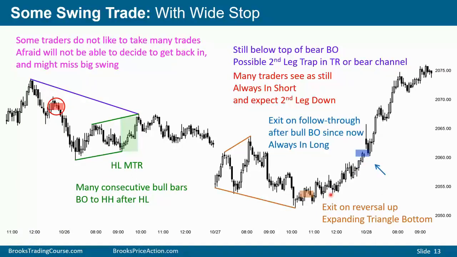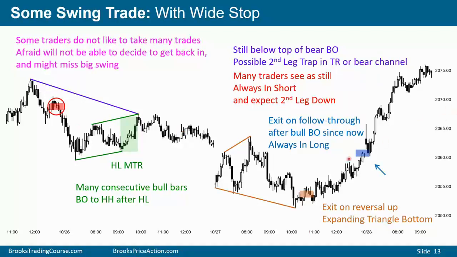If he did not get out here, he would wait for a strong breakout and then conclude that the bulls have taken control. And here we have a couple pretty good bull bars. It's also the end of the day, but a lot of the traders who bought up here are concluding now that we have an expanding triangle, we have a nested wedge, and there's a broad bear channel probably soon evolving into a trading range or a bull trend.